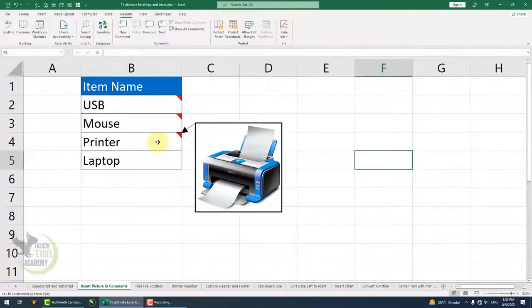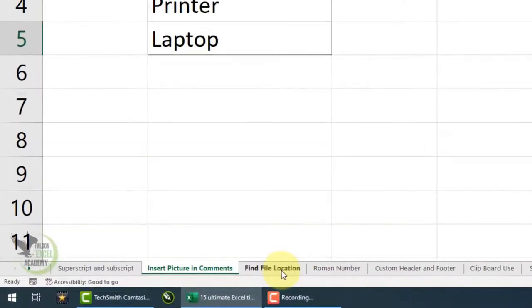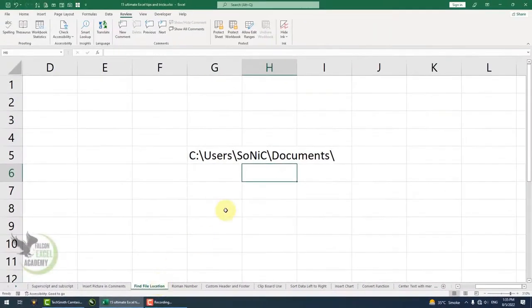So this was tip number 2. Now, for number 3, we will talk about Find File Location. Sometimes it happens that you have saved a file, but you don't know exactly where it is saved. If you want to find out the directory of the file, in which drive, in which folder,